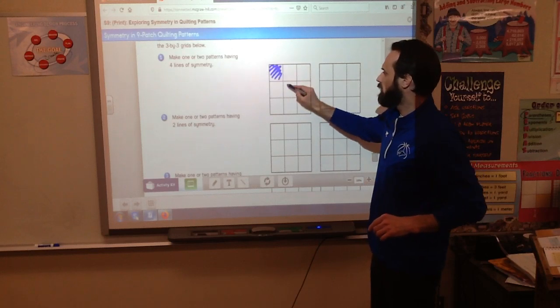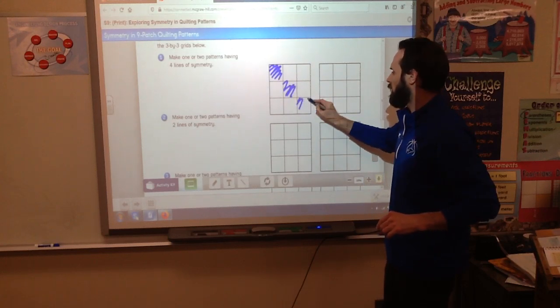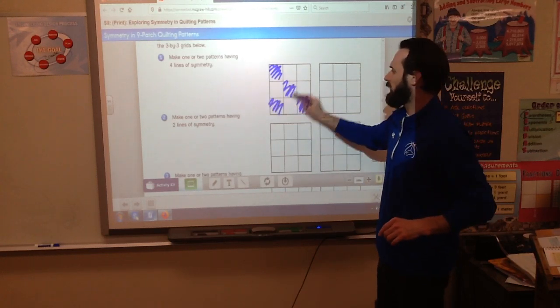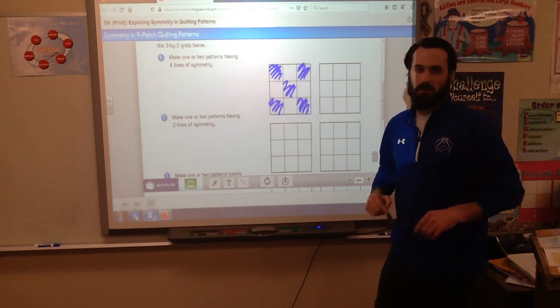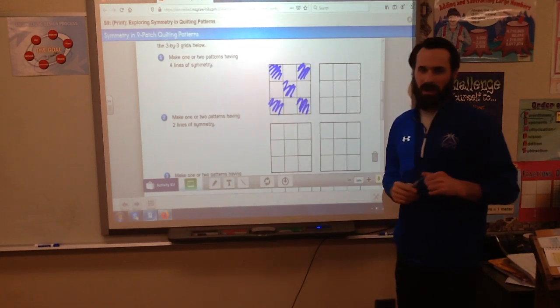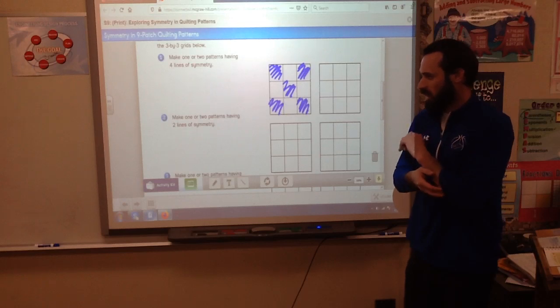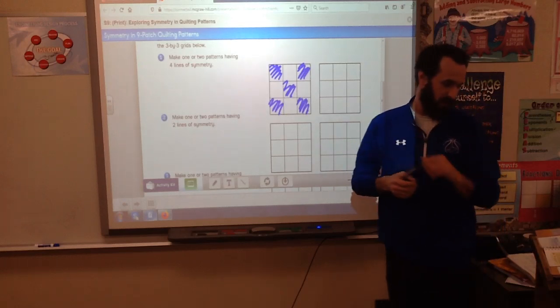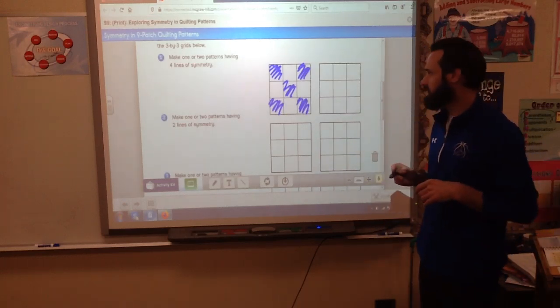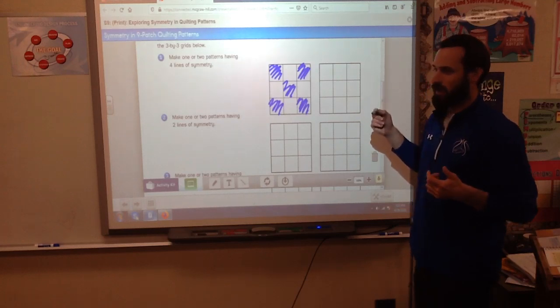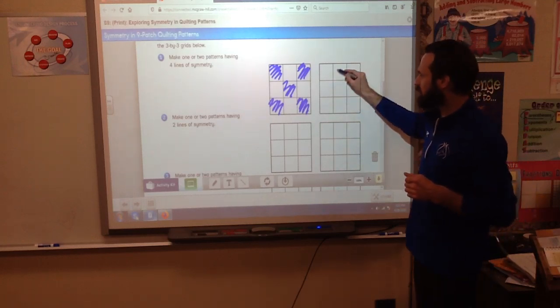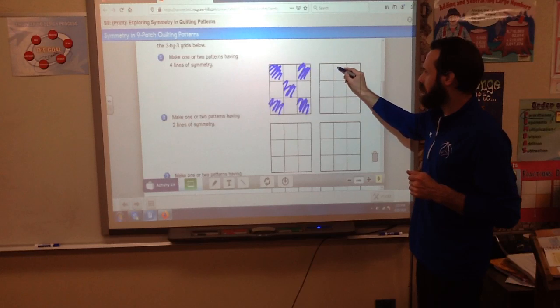I gave you this is an example of a pattern that would have four-way symmetry. Give this next one a try. It's a little trickier. They don't really give me any examples for these. But give it a try and then I'll go over them with you. You could, hypothetically,